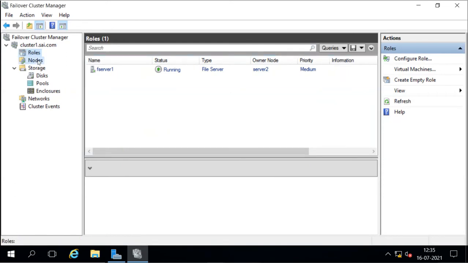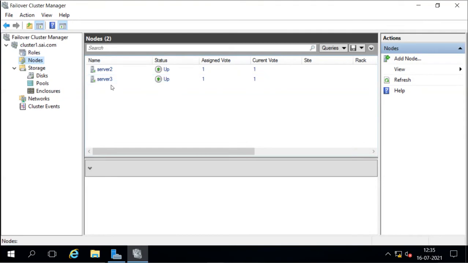Whatever nodes we have, you have 2 nodes, 3 nodes, 4 nodes in your cluster, you have to install the Hyper-V role on all the nodes. And then you can go on to create the virtual machine. You can make the virtual machine highly available. So first we have to install the role in both the servers, server 2 and server 3.